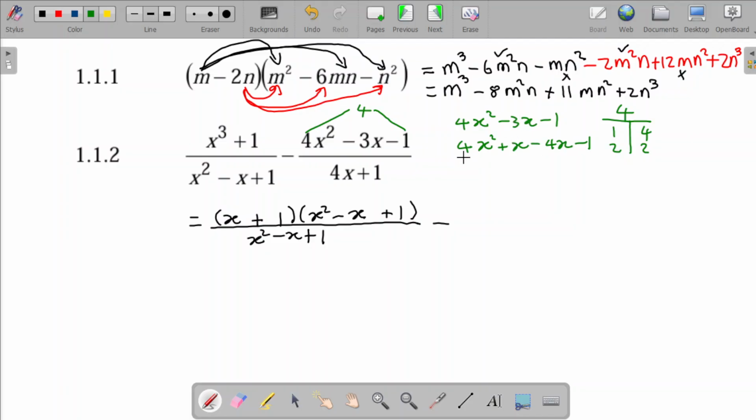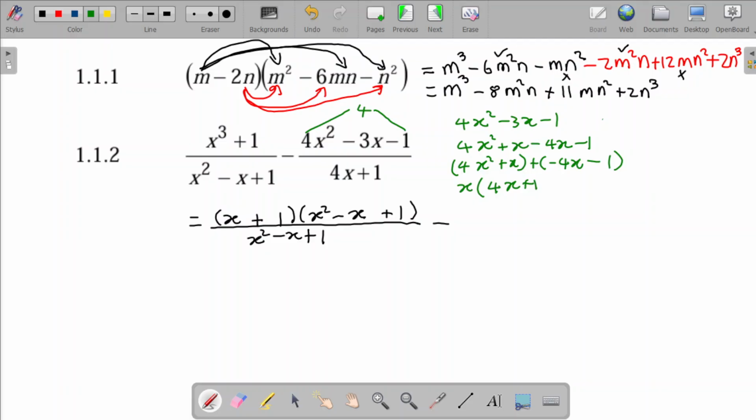Then I move on. Now grouping is going to come into play here. I need to group this, which is basically 4x squared plus x. Then I group this, plus negative 4x. Now let me remove this because I've finished using it. And then minus 1. From here, I take out the common factor. What's going to be my common factor? My common factor is basically going to be x. And after taking out the common factor, I'm going to be left with